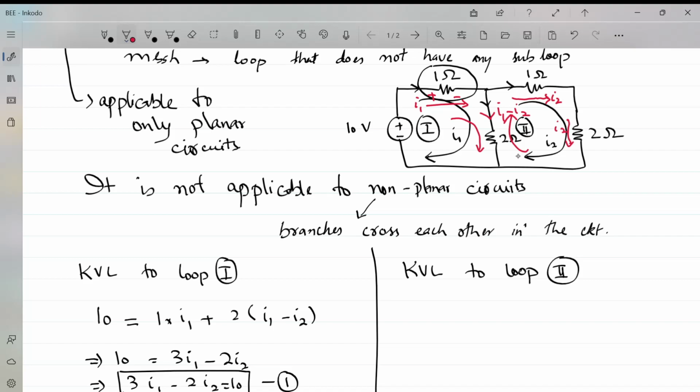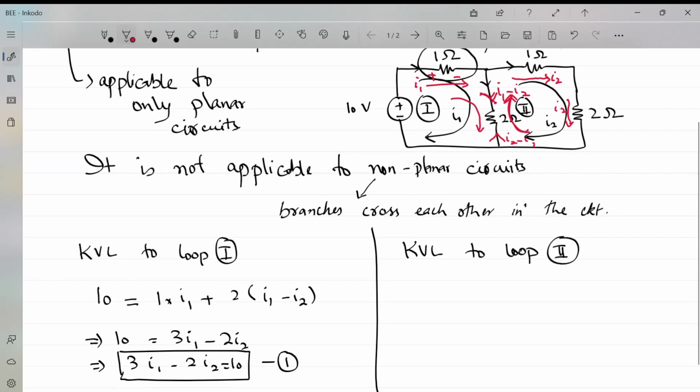Now the current that is actually flowing through this resistance, again you know, is equal to I1 minus I2. But I1 minus I2 is in this direction. So if we are moving in this direction, we'll say that the current flowing is I2 minus I1. Now KVL applied to loop number 2 will be equal to 1 into I2 plus 2 into I2,